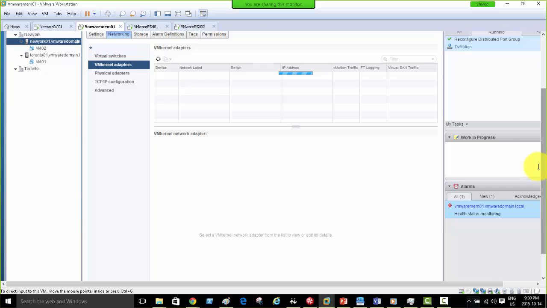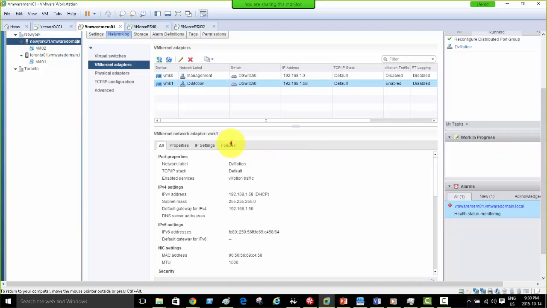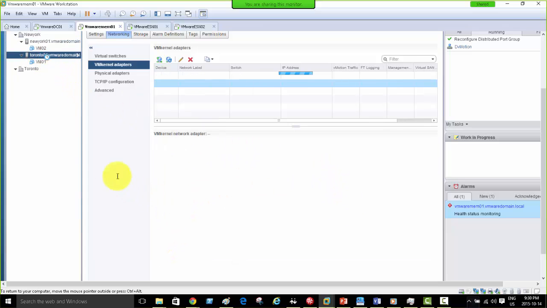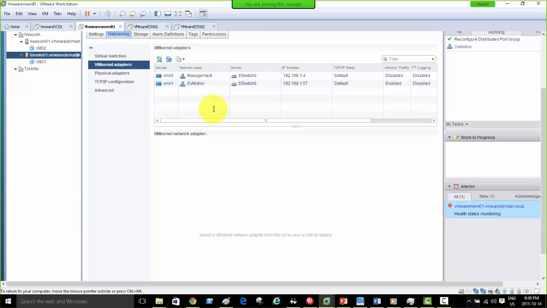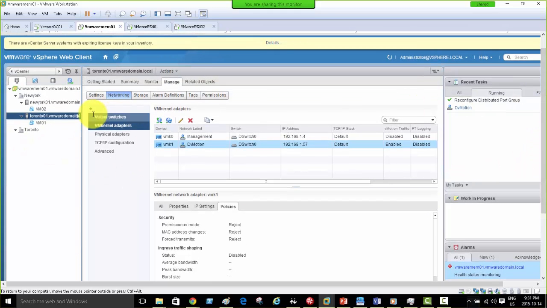It's just going to open the same area, VM kernel adapters, then vMotion. I just want to see how quickly it takes that as well. Policies, yeah, all reject on the first host and definitely on the second host. At once it changes the whole thing, whatever policy we change on the distributed switch. Yeah, reject for both hosts, for the same thing that I changed on the distributed switch. Host level, it is reflecting that. Okay, that's good. If we go back to the distributed switch,